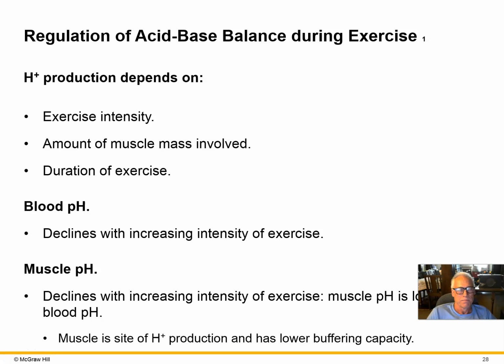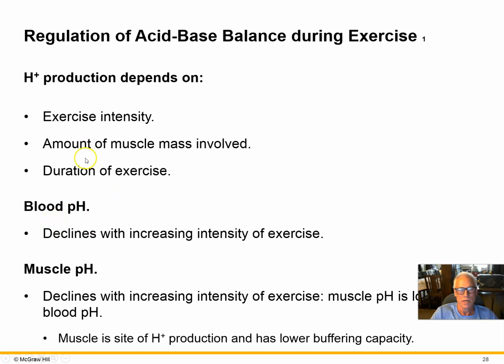So, just to reiterate, the acidification of the blood, the amount of hydrogen ions produced, the rate of hydrogen ion production depends on exercise intensity and duration. It takes a while for hydrogen ions to accumulate, right? If you just do a quick sprint, you'll produce some lactic acid, but it'll be quickly gotten rid of during the recovery phase. But if you keep on pushing, then you're going to eventually produce a significant amount of hydrogen ions. So duration is important. The more muscle mass, right? The more muscle cells that are undergoing fermentation, the more hydrogen ions are going to be produced per unit time, and you're going to acidify the body more.